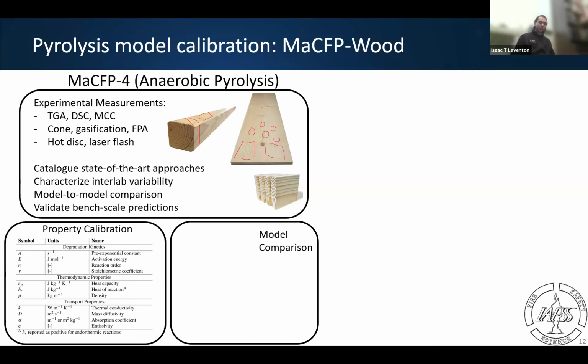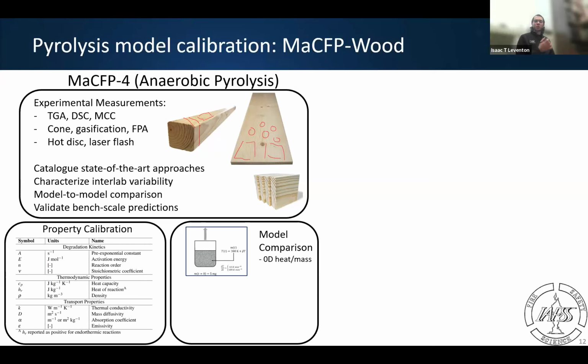These are our properties that we're interested in, pretty similar as we had before: something on our reaction mechanisms, associated kinetics and thermodynamics, and then our transfer properties for heat and mass flow and interaction with radiation. We are requesting first just comparison of idealized heating scenarios.